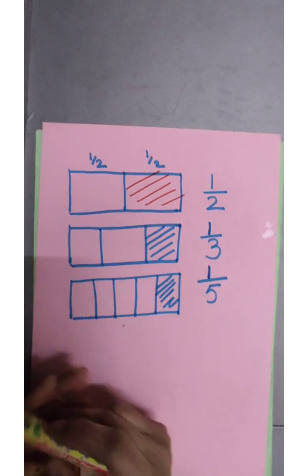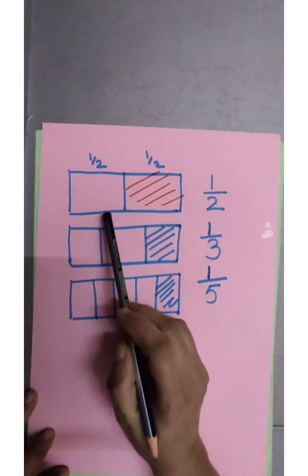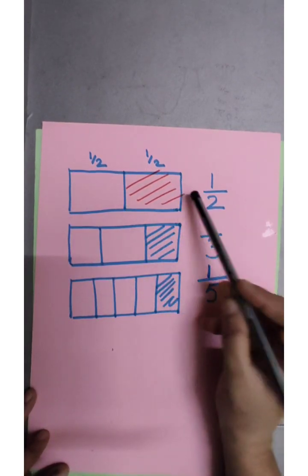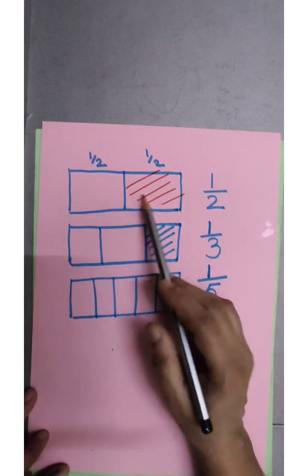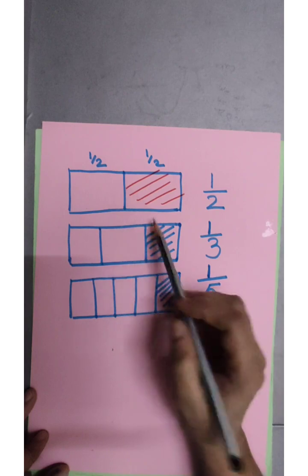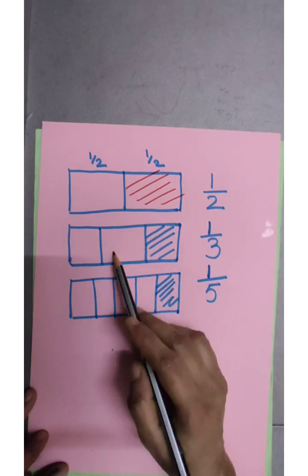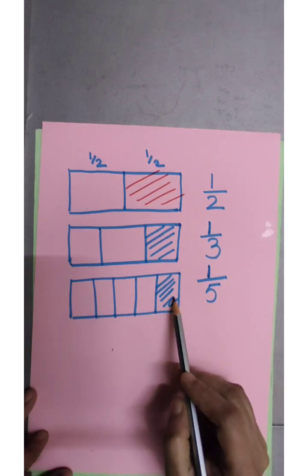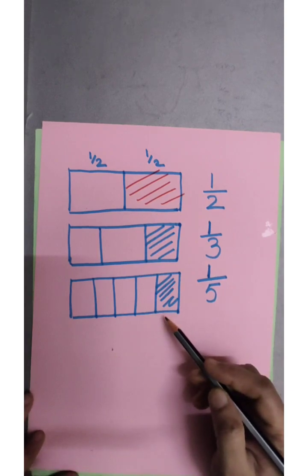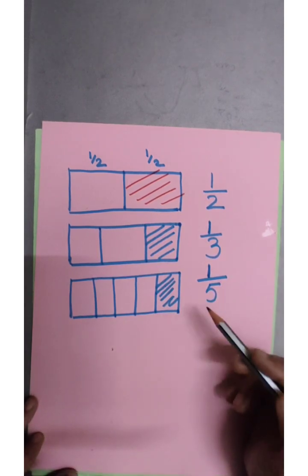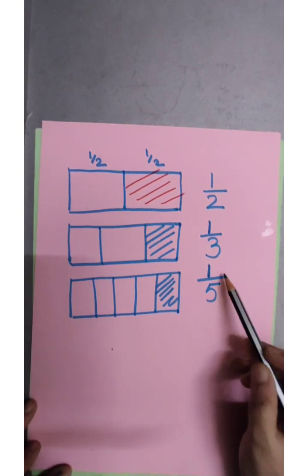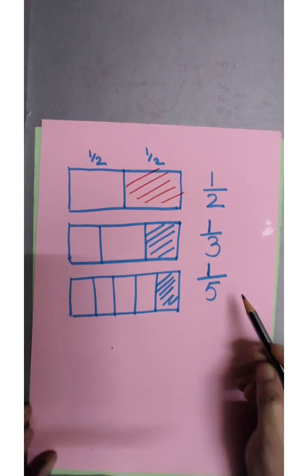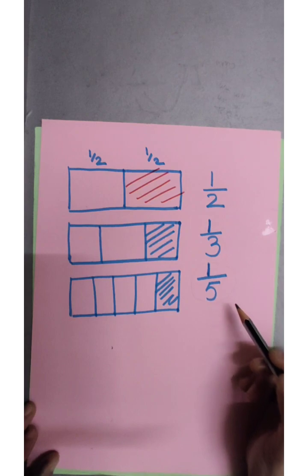Now children, you just pay attention to the piece of cake and the pieces it is divided into. When it is divided in half, each piece is a bigger piece. But when I made more parts, the pieces started becoming smaller and smaller. So that means the more number of pieces, your piece of cake becomes smaller. That means the fraction formed becomes smaller and smaller. The more number of pieces makes your fraction smaller.